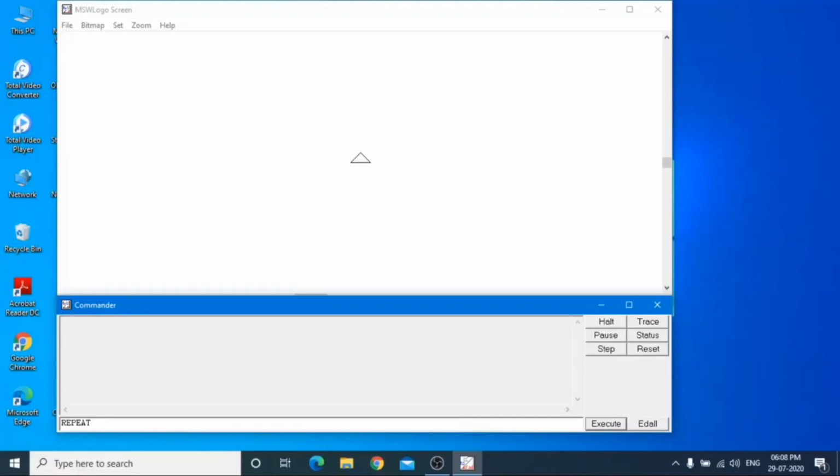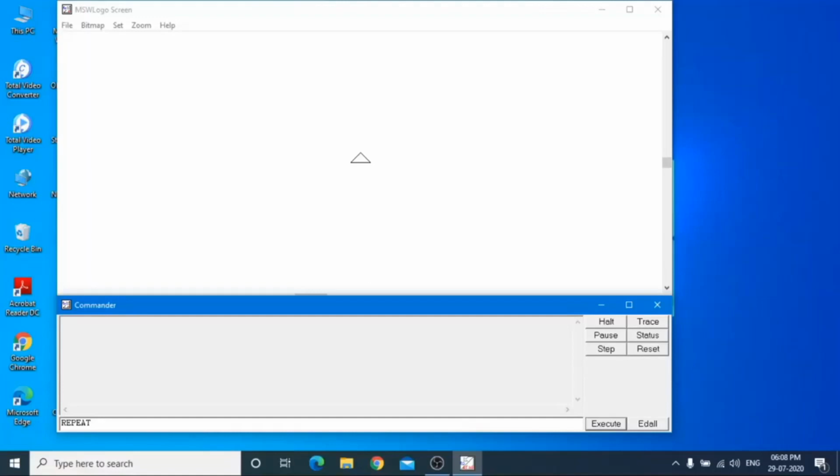Now in the same way we will make the triangle. CS and CT. For the triangle we have FD space 100 then RT space 120. Then again FD space 100 and RT space 120.